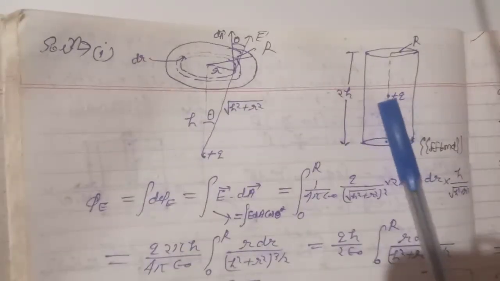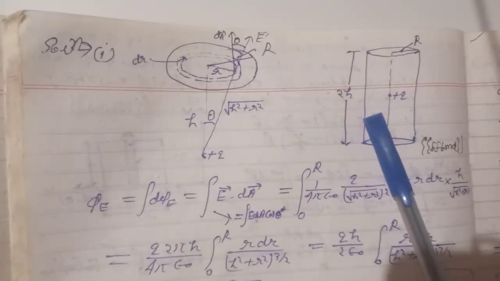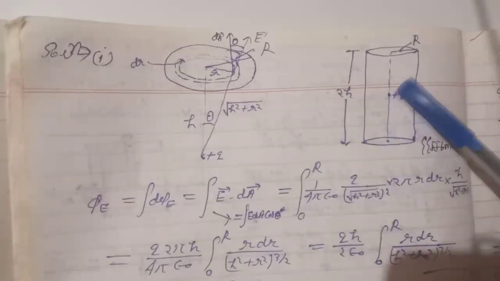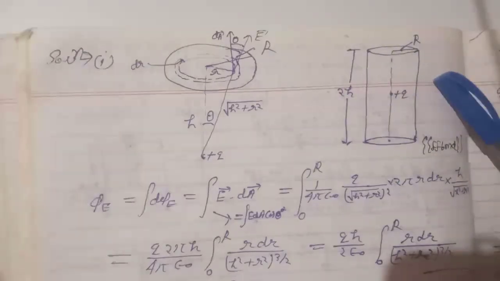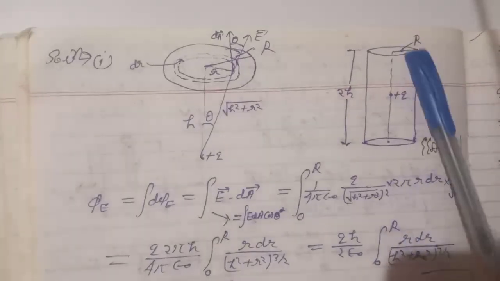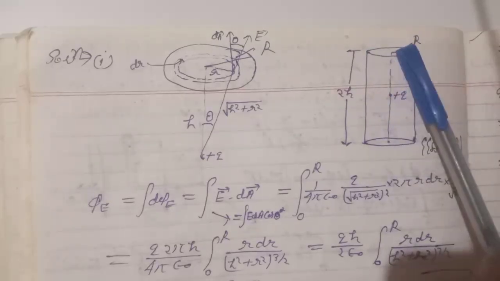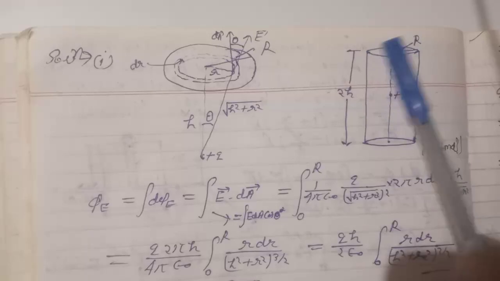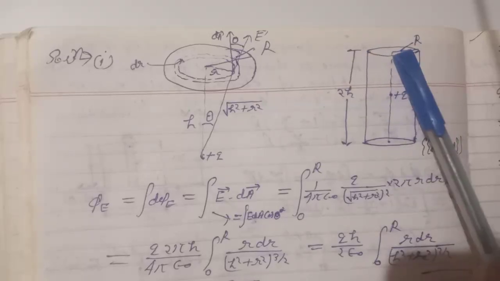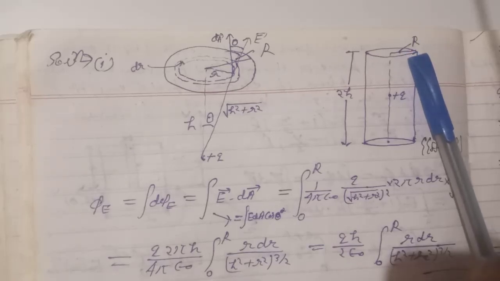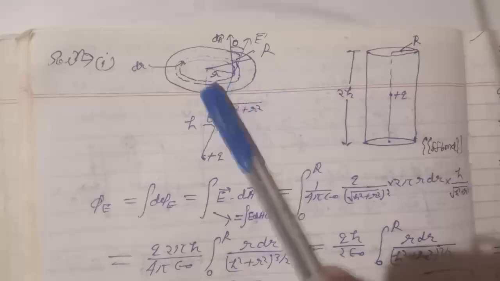Here it is shown the charge is placed at this point. So electric field will be like this, and the electric field due to this charge is radial at every point. So to find the electric flux through this surface, we have to consider a circular strip, and then find the flux of this circular strip, and then integrate it from 0 to r, that is the radius of